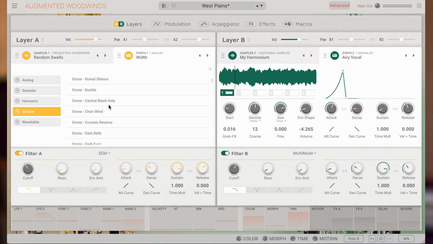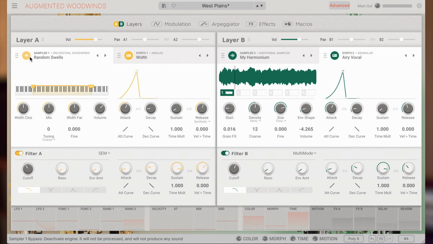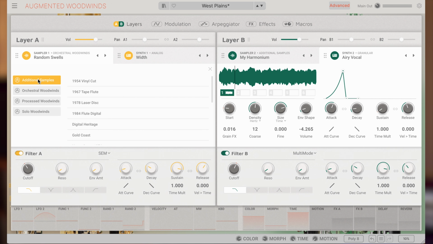The main sample engines are filled with authentic and outside-the-box recordings of various woodwind instruments, from solo bassoons, English horns, clarinets, and flutes, to full orchestral articulations and experimental processed multi-sample sounds played with different articulations, some more traditional and some more performative. Let's listen to a few examples of these samples now.